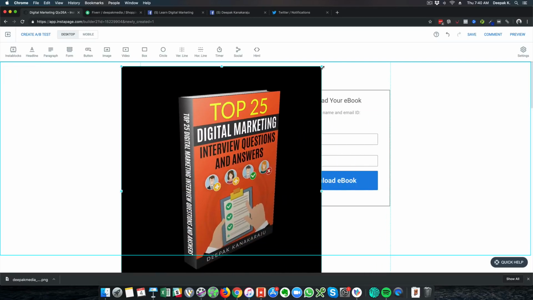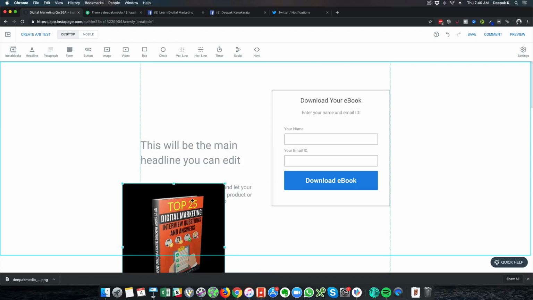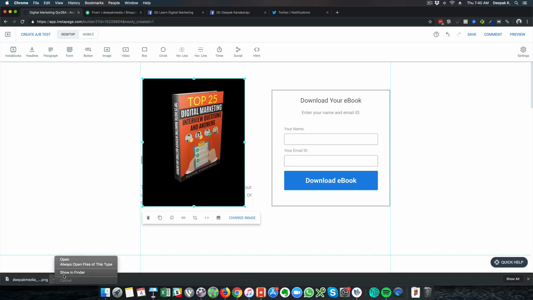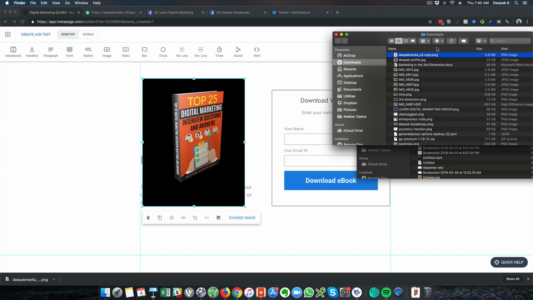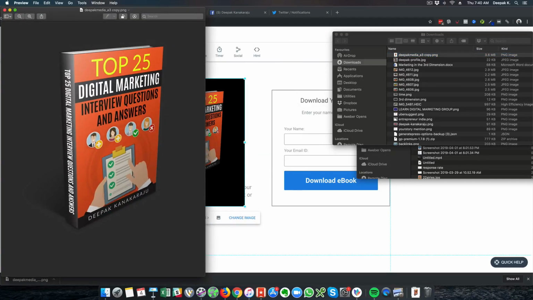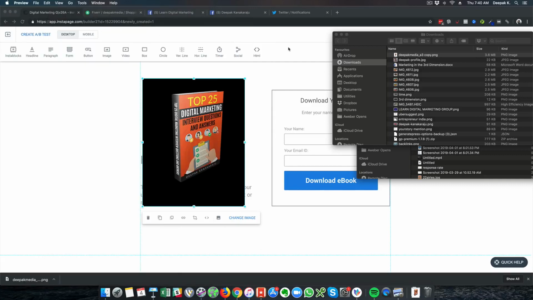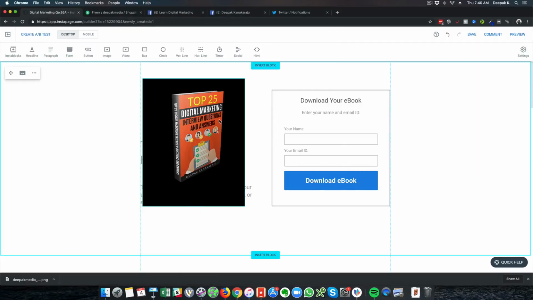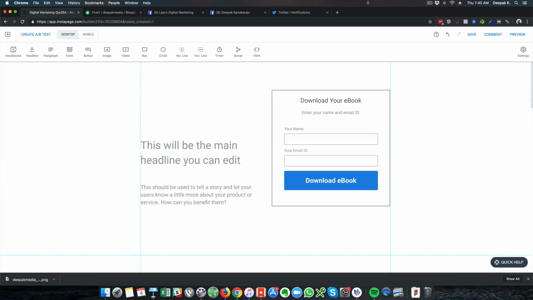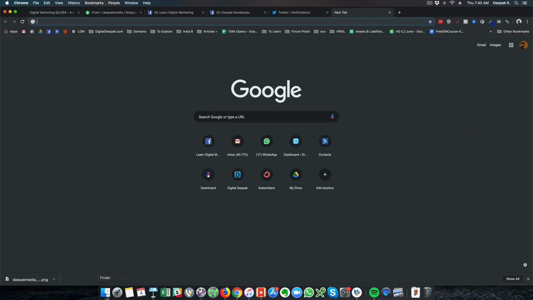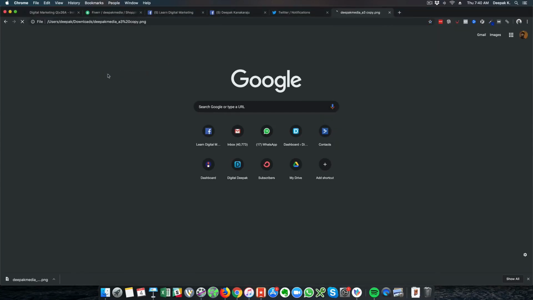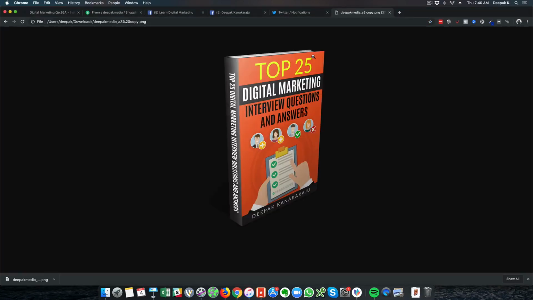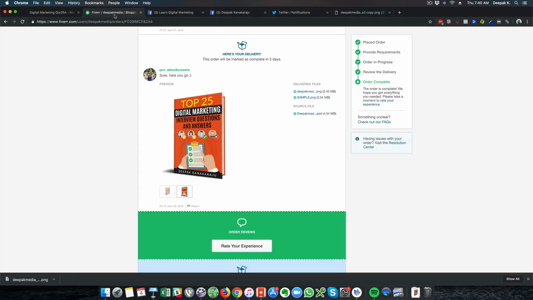and here you can see that I have inserted the image, but the image is in PNG format with a transparent background, and it is taking it as black here. So you might have such issues when you are trying to use PNG images. Instead of a transparent background, it has added a black background. So what I could do is take a screenshot of this particular ebook image without the black background and with the white background, and I could upload it.